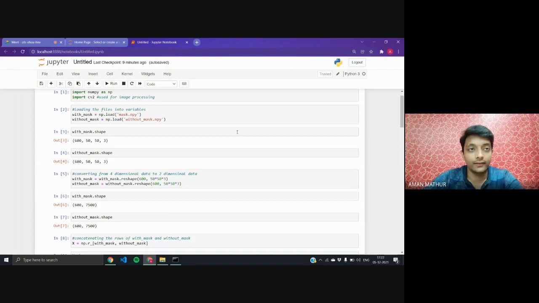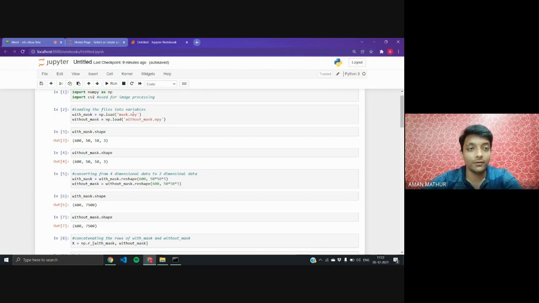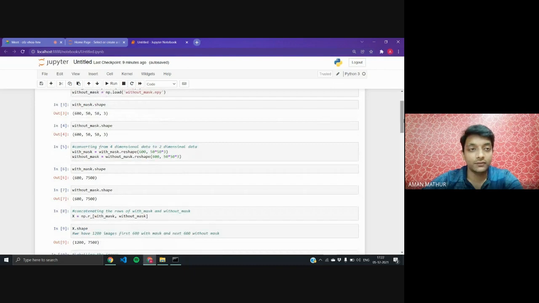Now, here we have two different files, which are the mask.npy and without_mask.npy. I have loaded both of these files into two different variables, with_mask and without_mask. First of all, I have checked the size and shape of our variables. With_mask.shape gives the dimension of our first file.